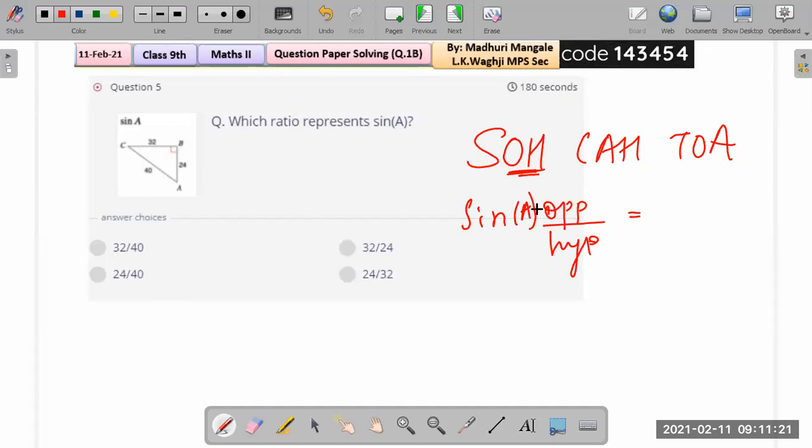Now here we have to find sine for angle A. Okay, the ratio for angle A. So for A, what is opposite? Look at angle A carefully. So opposite is this side, and hypotenuse. What is hypotenuse? Hypotenuse is the side which is opposite to angle B. Okay, so I have given enough hints. You should be able to solve it now. What is the side which is opposite to angle A and divided by the hypotenuse? What is the hypotenuse here? So hypotenuse is the side which is opposite to 90 degrees.